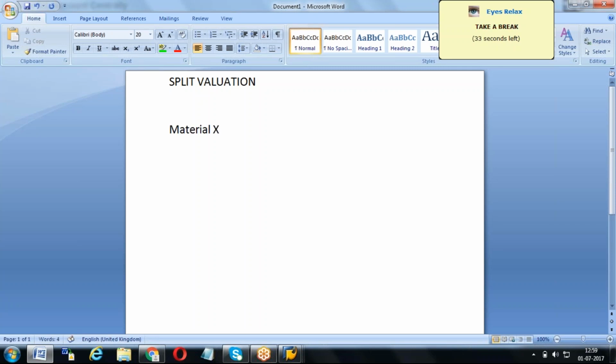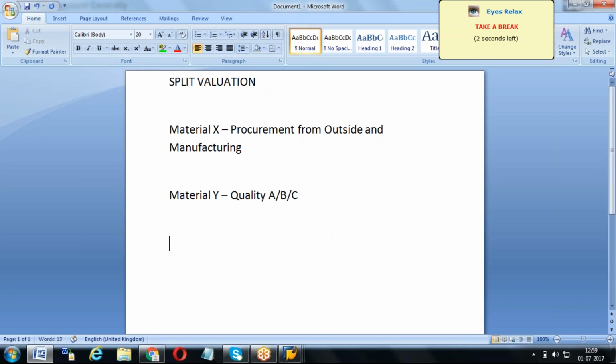X. Material X you are procuring from outside, and also manufacturing. And material Y is having two qualities, quality A, B and C, and another one is